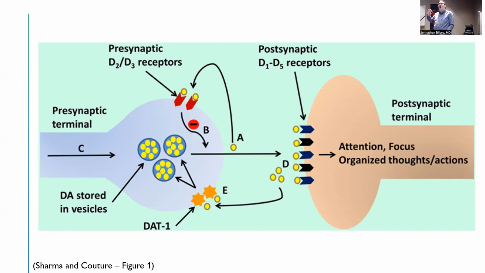It makes sure that the right amount of dopamine is released, that then leads to attention, focus, organized thoughts, and so on. The thought is that perhaps in folks with ADHD, that tonic pool of dopamine is lower than it should be, right? So you're not getting that same level of feedback. And so when there is some kind of stimulus, they're not able to moderate that in the same way, leads to too much phasic dopamine release, which then causes problems with attention.